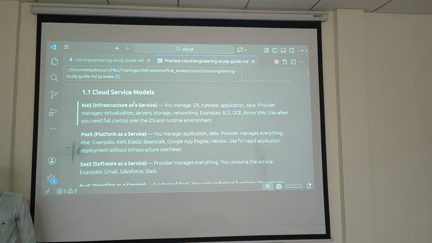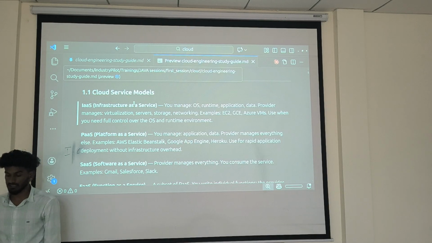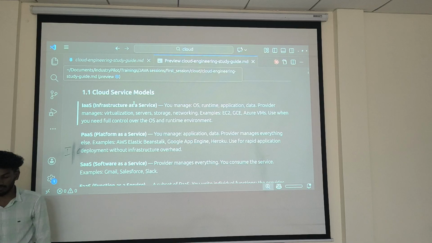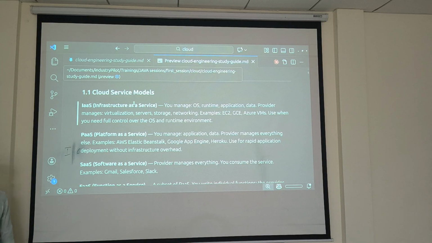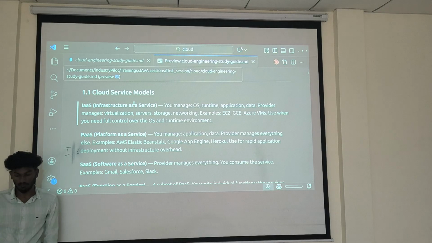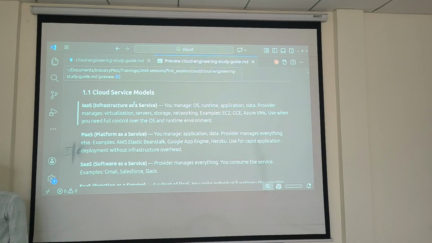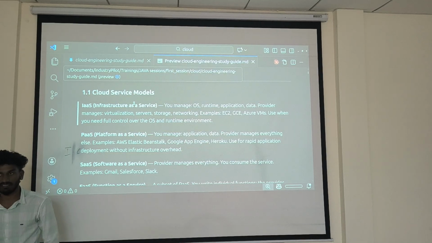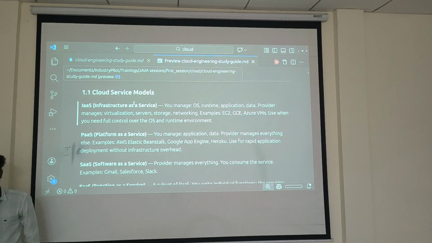Yeah, we'll start. Okay, so this is mainly about the things we already went through. I think we saw a few things, right? So in that, what are the main things we have to know? What are the cloud service models? A cloud service model is nothing but what services they are providing. So what kind of services? What is the top level service?